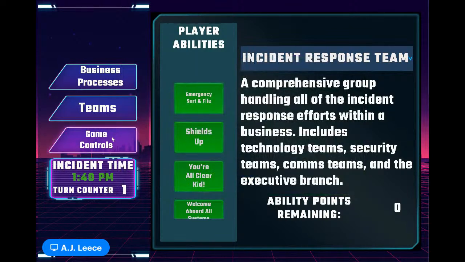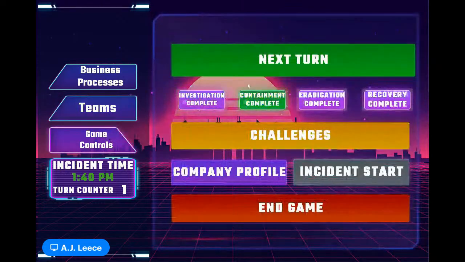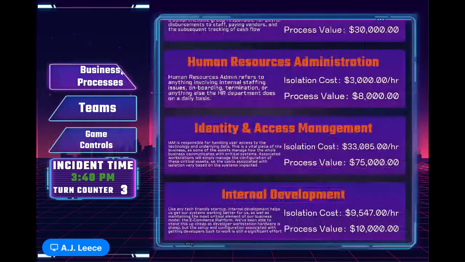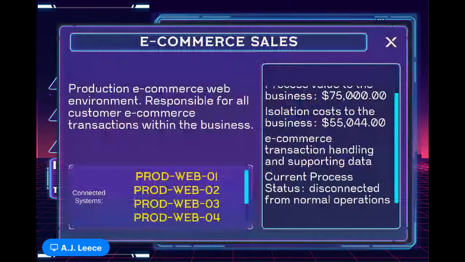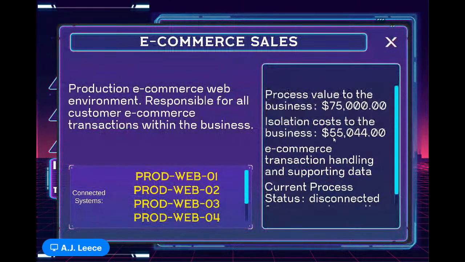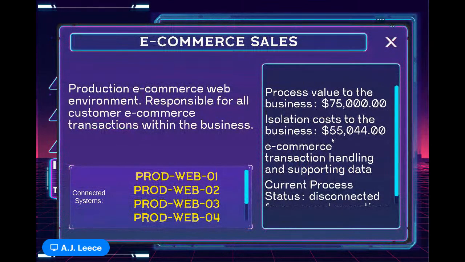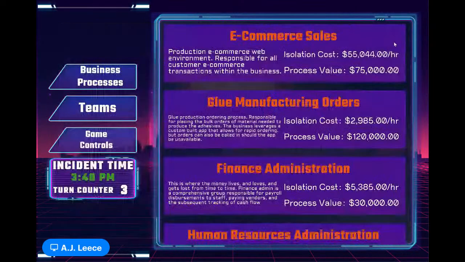Because right now what we have is the process. It took us a couple hours to go and figure out how to contain the network. And as a result, we now have basically every part of our business has some degree of disconnected from normal operations. So remember I mentioned the e-commerce was kind of the crown jewel of what we're doing here. Yeah, we can no longer take glue orders from our respective people.